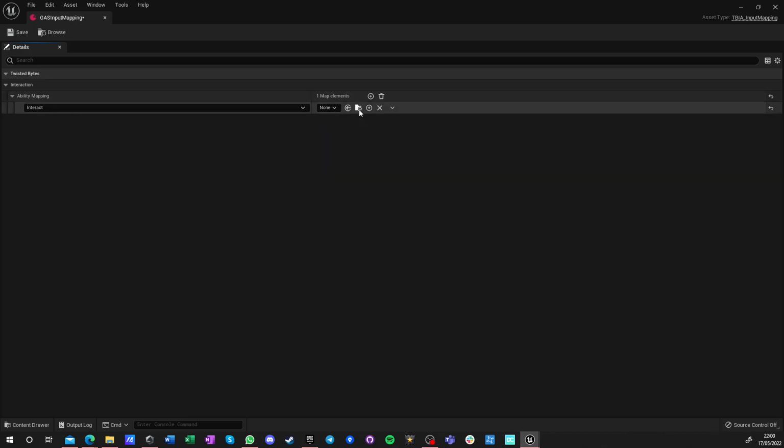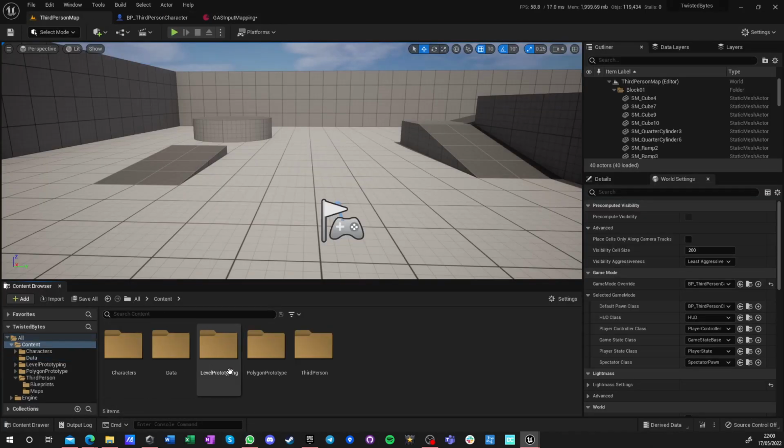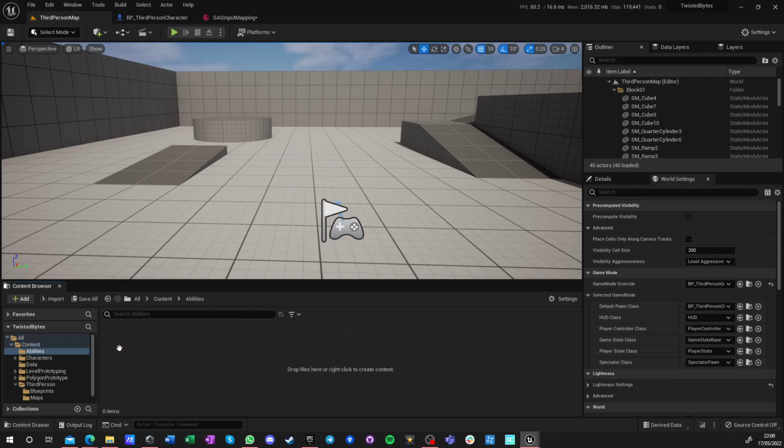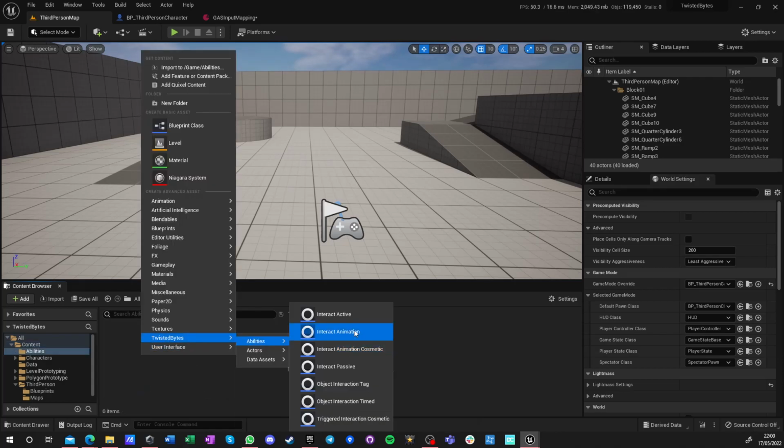and what we need here is to create a passive ability. So let's just pin it here for a second, and let's create our first ability. Let's go back to content. Let's create a new folder, abilities, and inside here I can also just right click, go here, abilities, and we need